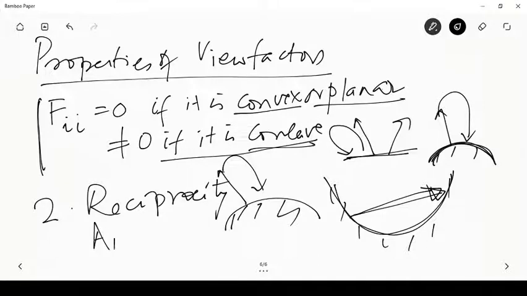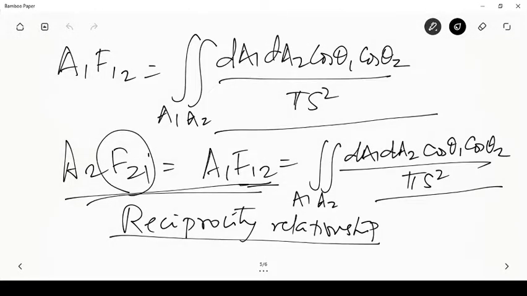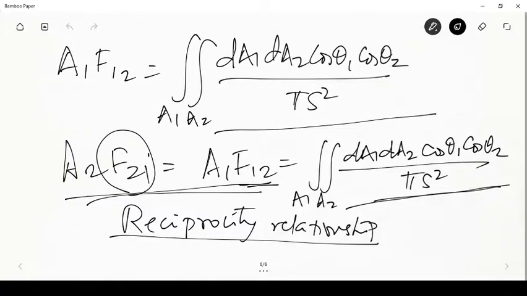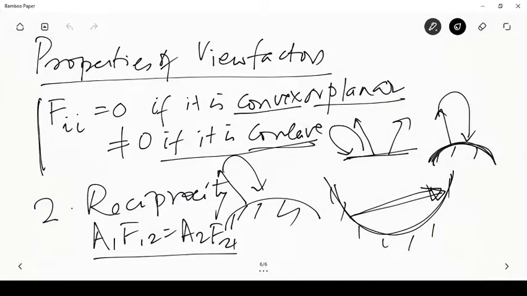So A1 F12 is equal to A2 F21 for any pair of surfaces 1 and 2, because when we derived this expression, we did not make any assumptions other than gray diffuse. So long as the surface is black or gray diffuse, a black surface is also a gray diffuse surface with emissivity equal to 1, this can be directly used. And the third relationship is that if I have a closed enclosure,